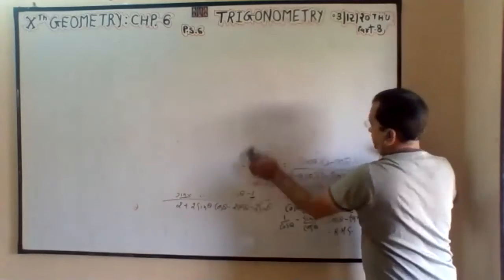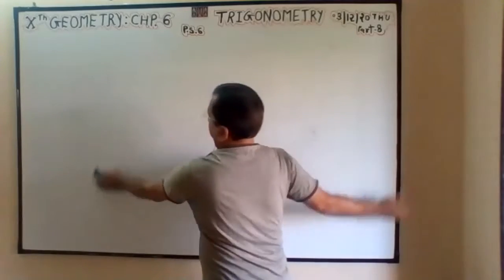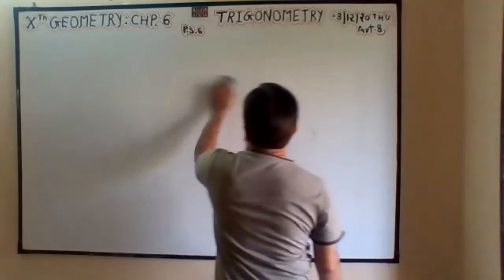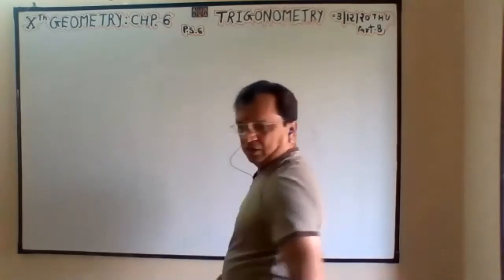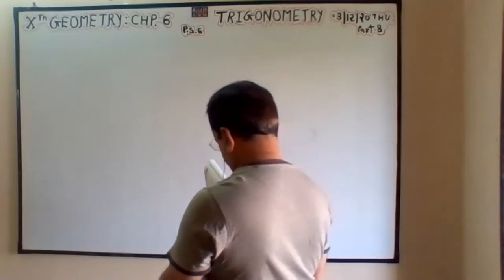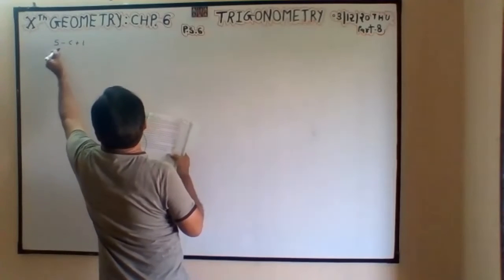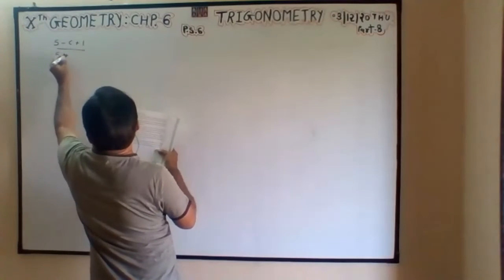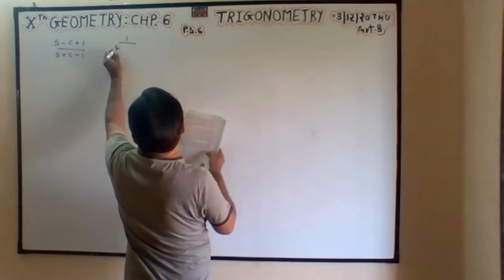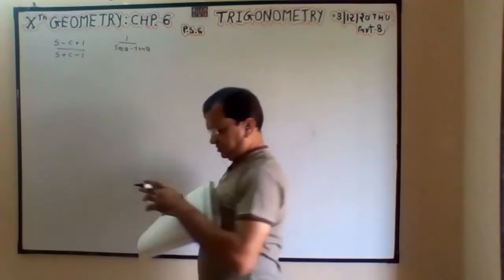It's easy with that explanation method, but you do not have to write it. You just pick up the method and you will write sin and cos, sin and cos. But the steps I have converted, you will get. It is given: S minus C plus 1 over S plus C minus 1. Finally, we have to find out 1 by sec theta minus tan theta. We have to prove.